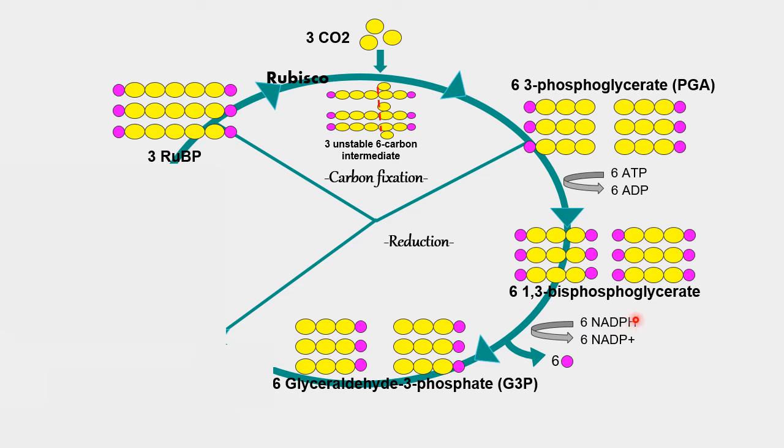NADPH donates its electron and also hydrogen ion, so it will be oxidized and become NADP+. After the reduction, 1,3-bisphosphoglycerate releases one of its phosphate groups and is converted into 6 molecules of glyceraldehyde 3-phosphate, or G3P for